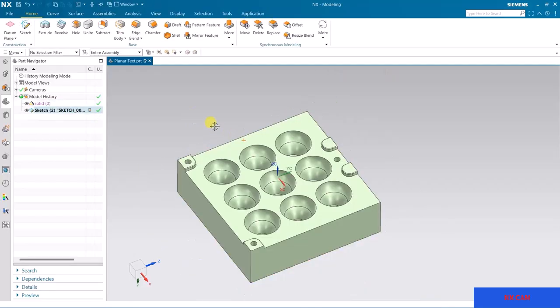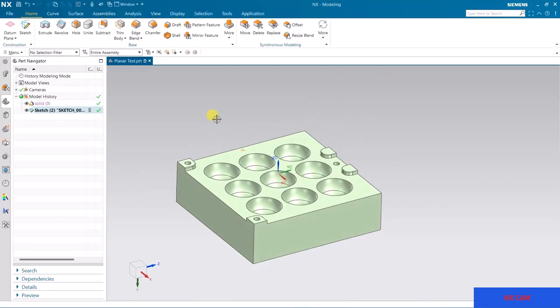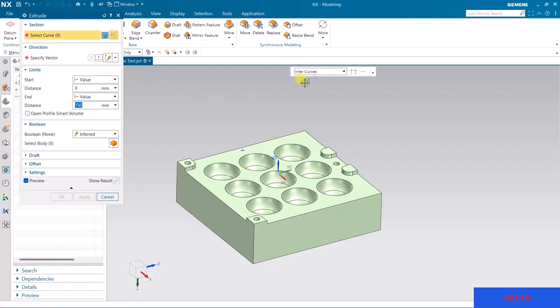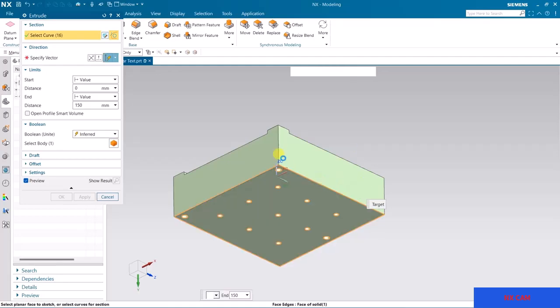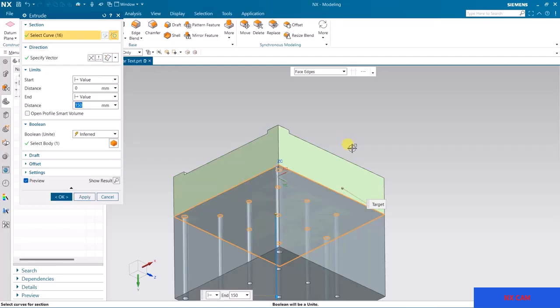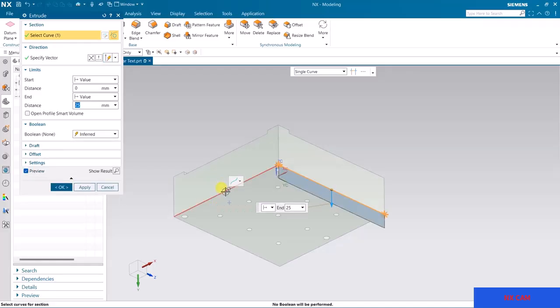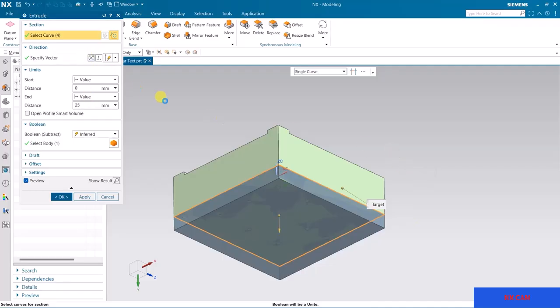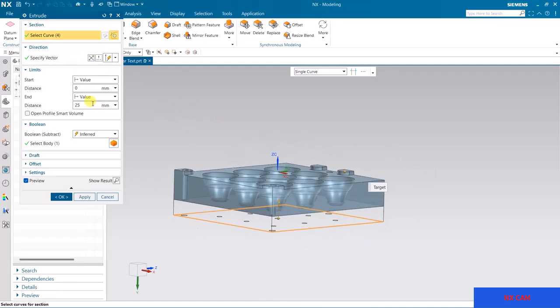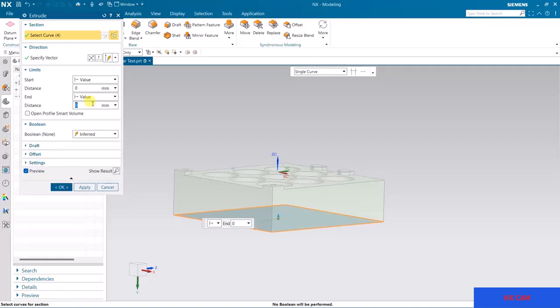And this is the part, and this time I want to create blank geometry also. So use this extrude, and from here use this face edges and select the face. All edges will come, but I don't want all the edges because some holes are there, and it is also selecting all the holes. So reset and click single. I am going to use single. So single edge, single edge, single, and single. When it is closed, it will automatically convert into solid,